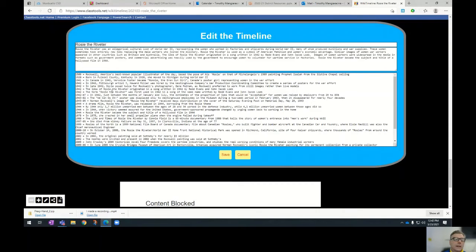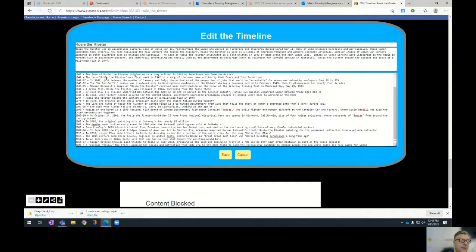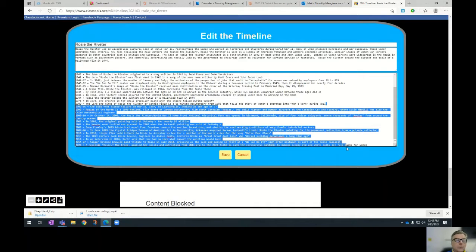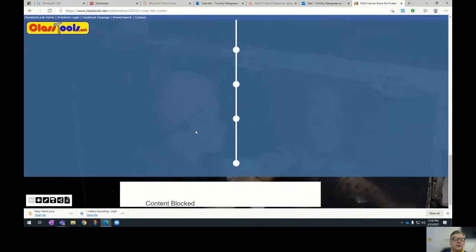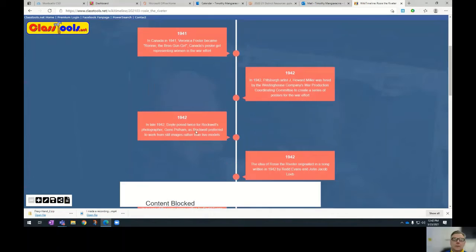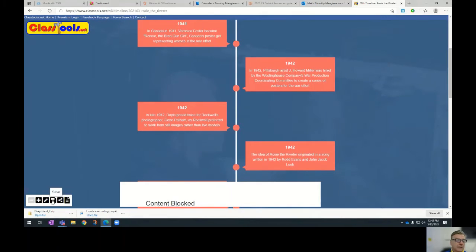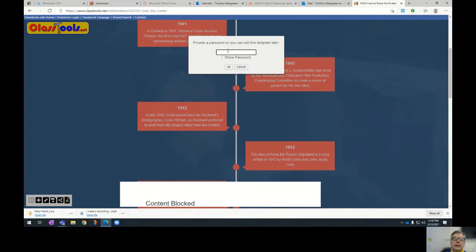So now if I want to take things out, like maybe I don't want 1509, the Sistine Chapel, so I can delete that. Then I can come down here, and maybe I don't want anything after when she died. And now I have a simplified timeline, which I can then save, and it asked me to